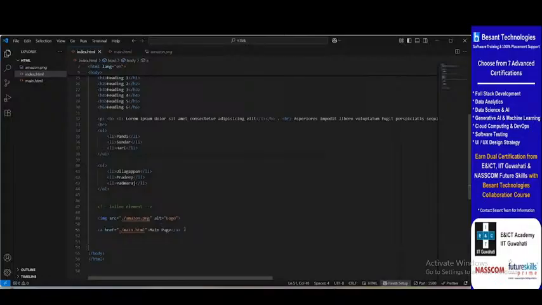Sir, what are the scenarios in which the page will not load? We have to give an alternate option. You are asking about the image, correct? What are the scenarios where it cannot be loaded? For example, I'm using Amazon.png, and then I remove the .png. What will happen here? It will not be able to get the image here. So in this scenario, what will happen is